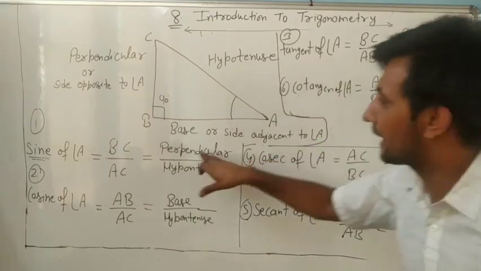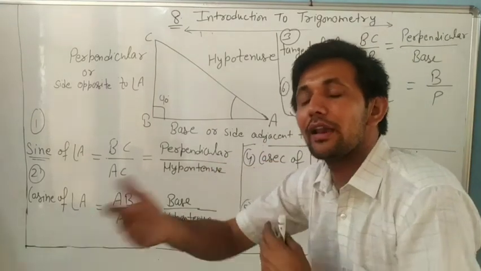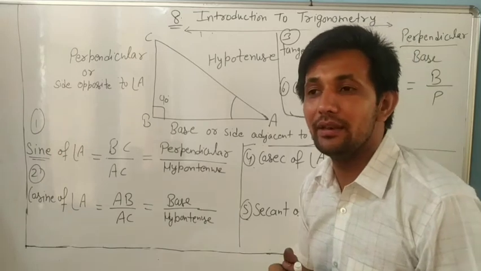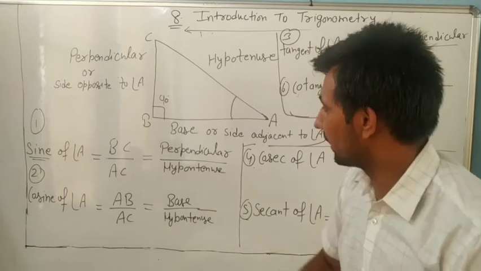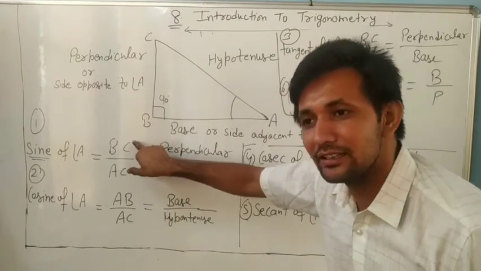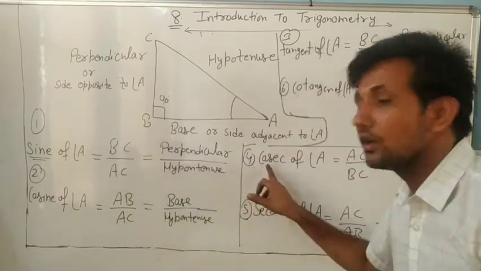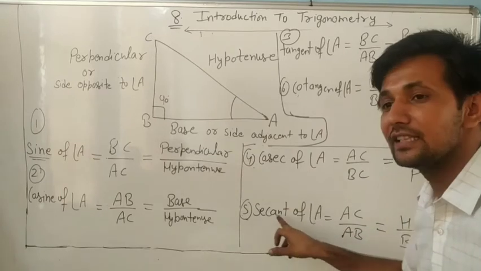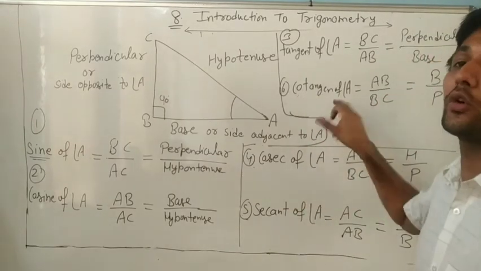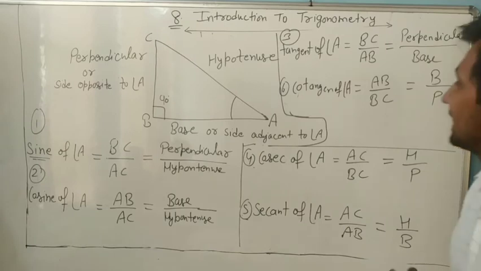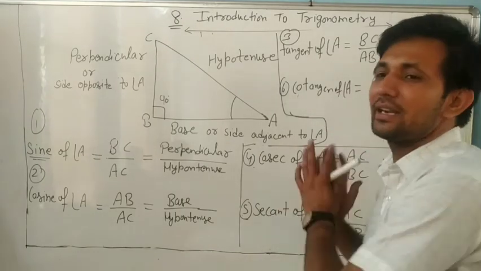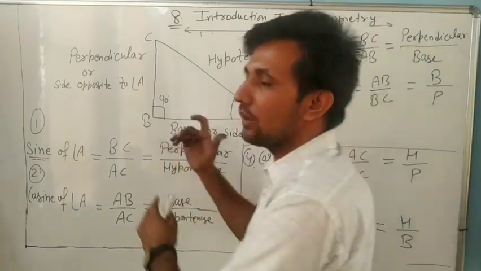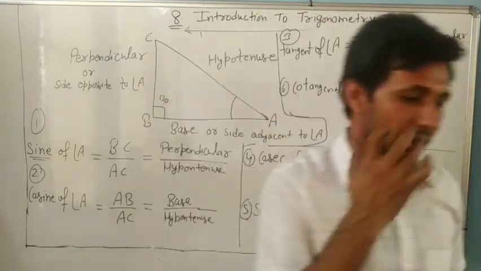Same as it, there are 3 reciprocals. Reciprocal means opposite: numerator becomes denominator, denominator becomes numerator. AC has gone upside, it has come down. So they are called cosec, secant, and cotangent of angle A. Okay, dear, please note down once. Again we will do it, I will tell you what their names are. Okay, again look.